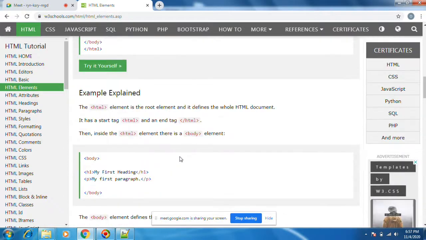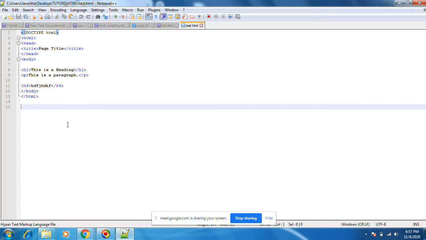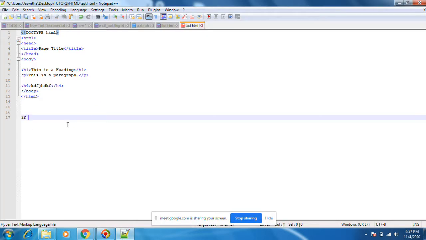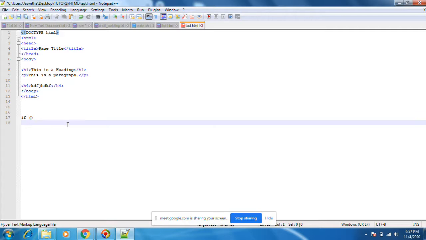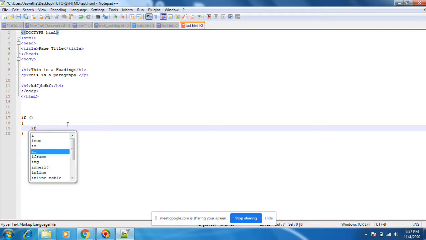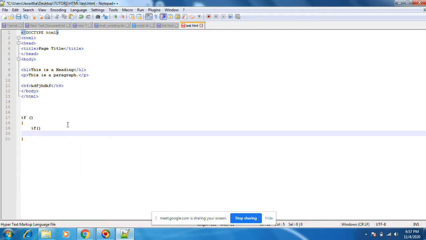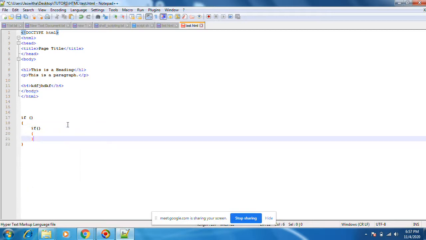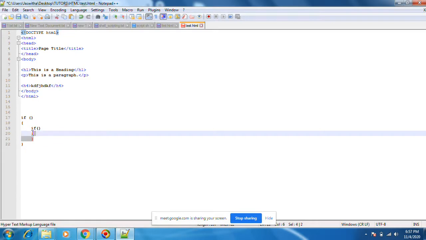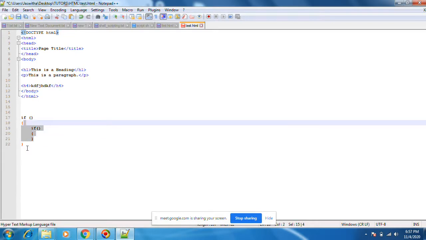Okay, if you write an if inside an if, that is called a nested if. If some code is there, again you write another if. This section is called a nested if inside if, a similar kind of thing.